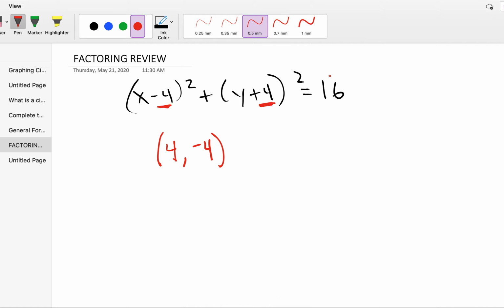Then we have our radius squared, so in order to know how long the radius is, we would square root it. And the square root of 16 is 4. This is extremely quick and simple, but we're not always going to have our squares in perfect order like this. You might see something like this,